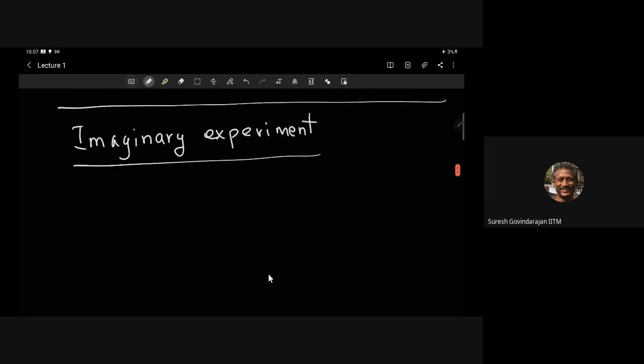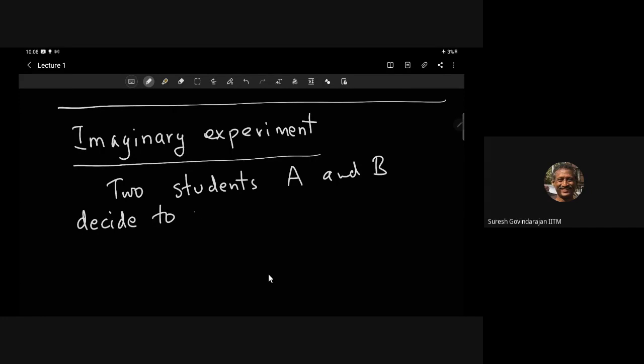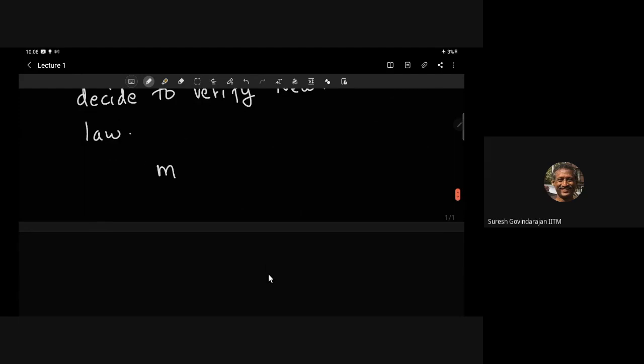Okay, so two students, A and B, decide to verify Newton's second law, which states the following: M a equals F. So in components,